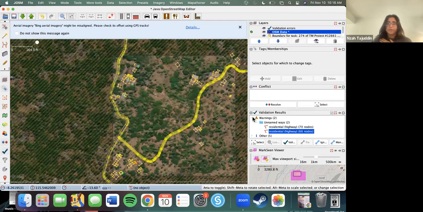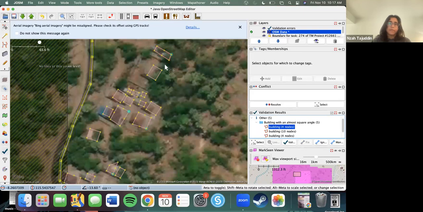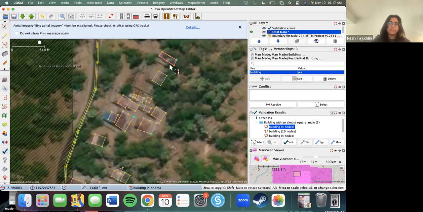So that's great. We're going to close out those warnings because we know we can't fix those. We can ignore that for now. Now we're going to go to these 5 other errors. So one of these is buildings with an almost square angle. So I'm going to right click it, zoom to problem. Okay, we have a couple here that we can see in our field of view. So I'm going to click it, press my Q key,